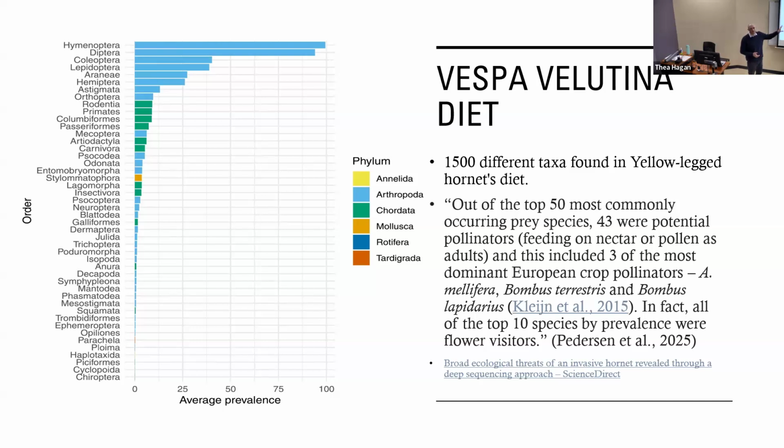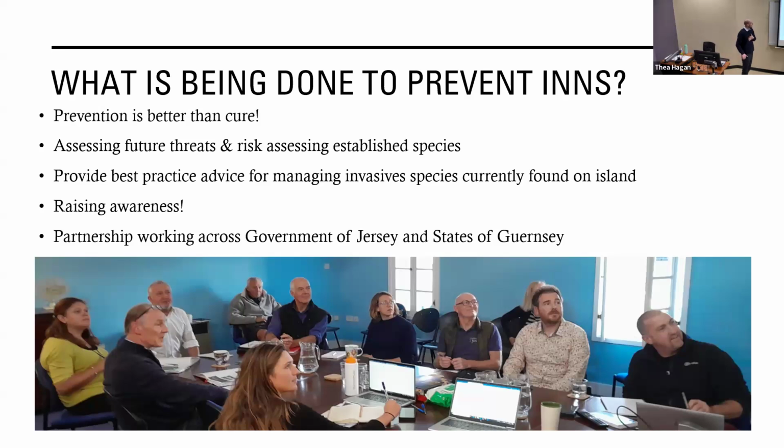So here you have an invasive species that came to Jersey in 2017, its numbers are increasing, and we see a hugely varied diet. It's clear then that this species is going to have a negative impact on not just insect species in Jersey, but pollinator species, which we all know are incredibly important and provide valuable ecosystem services. I've got links to papers in here, so I can share them later. So that was a case study on yellow-legged hornet,